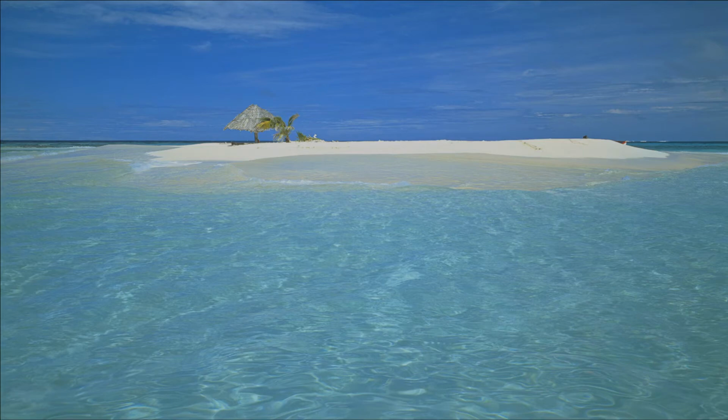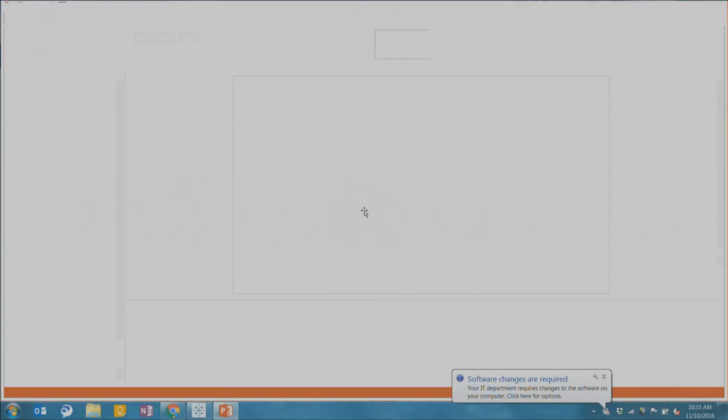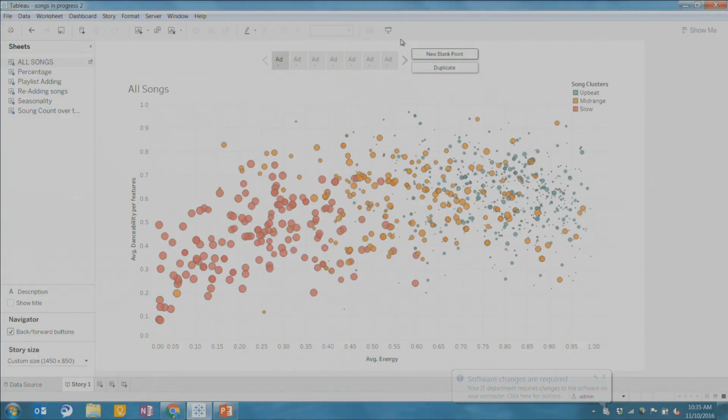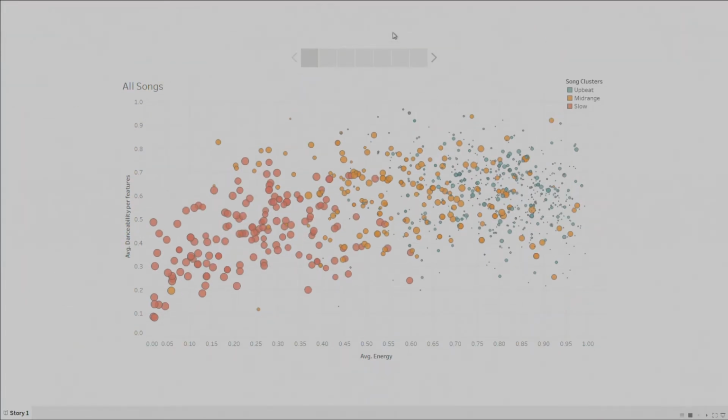And so now I just want to give you guys a little view of what that data actually told me. So let's go ahead and take a look. So these are all of my songs, every song I've ever added on Spotify. And I'm using a little bit of extra data here. So I've got information about the average energy for these songs, the danceability, whether or not they're acoustic. And I use clustering to analyze this.